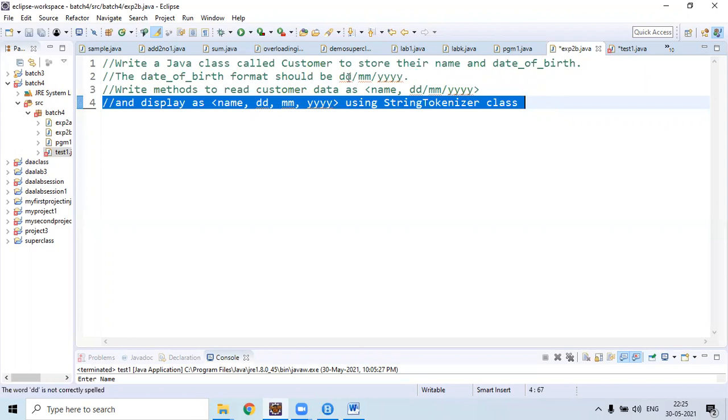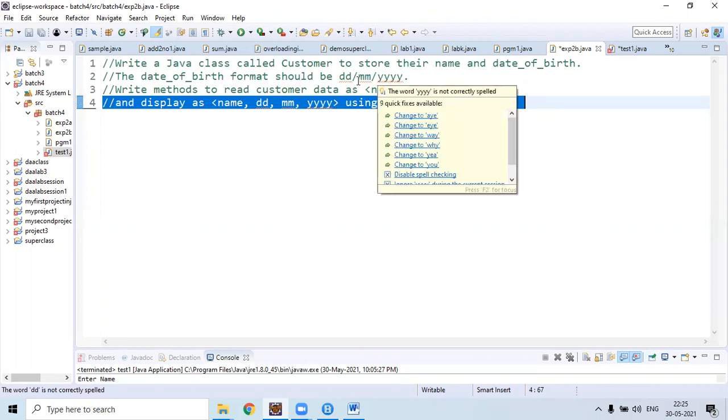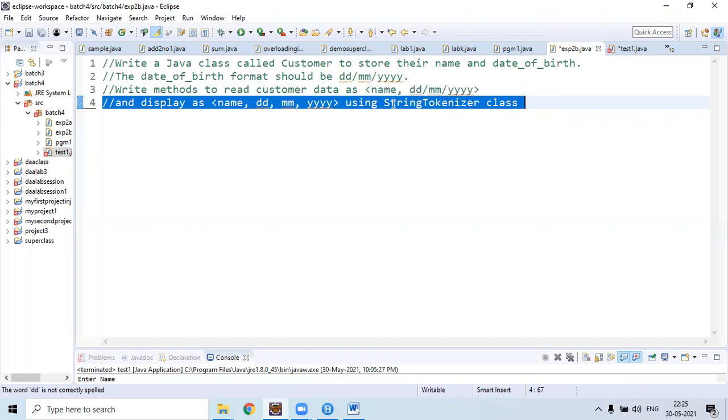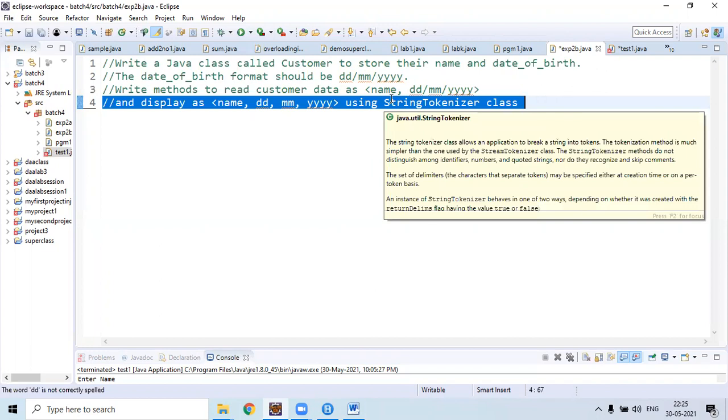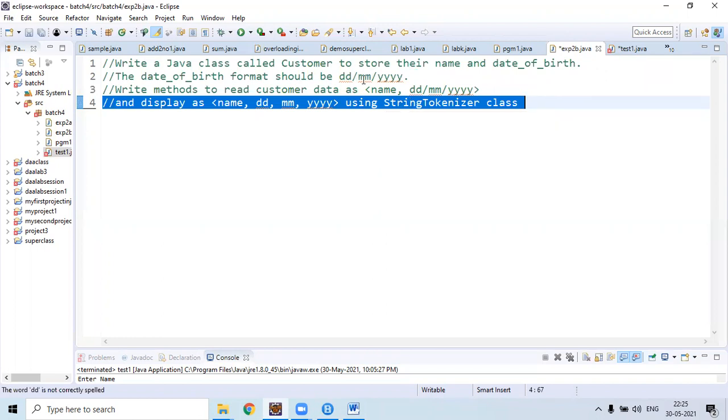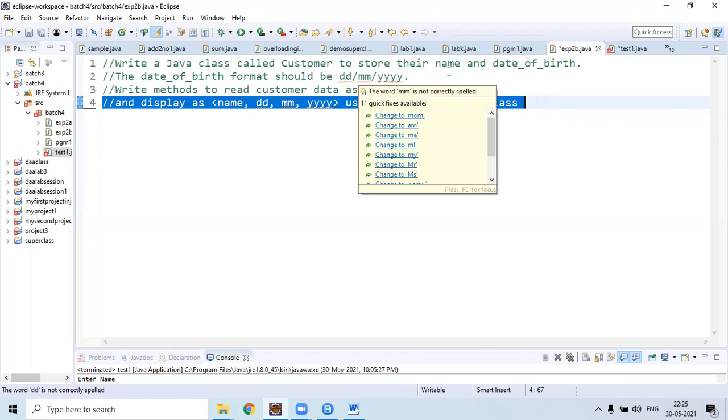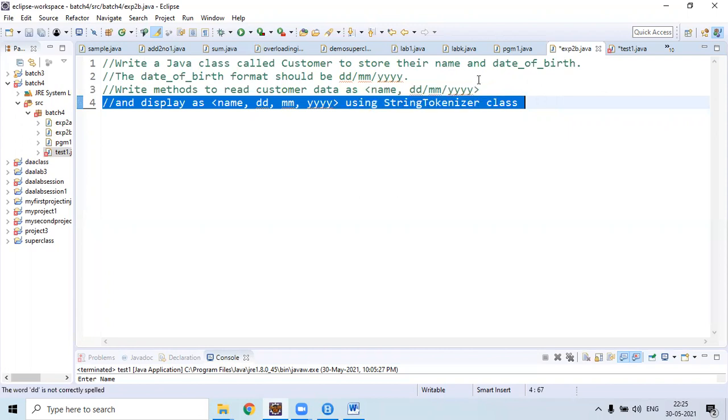In order to extract day, month, year from date of birth string, we need to use a string tokenizer class. This string tokenizer class will take two parameters. One is a string, another one is a delimiter.